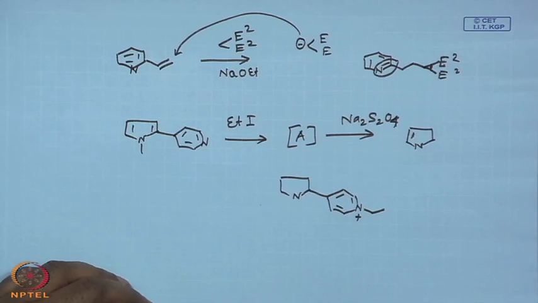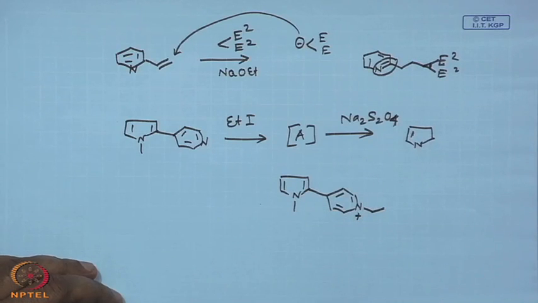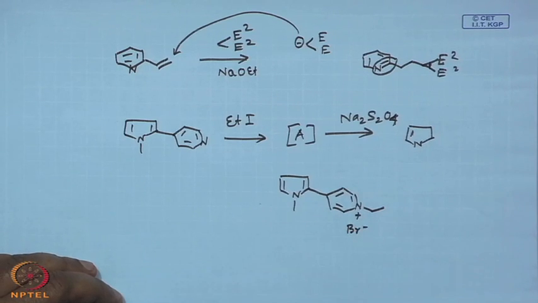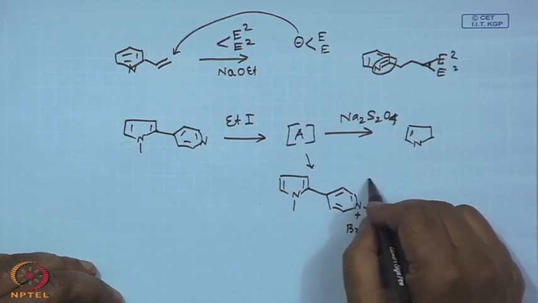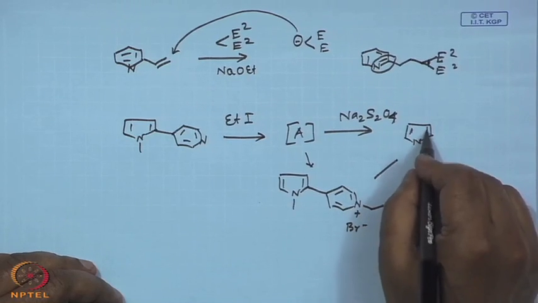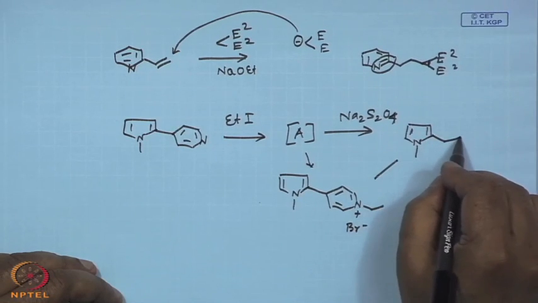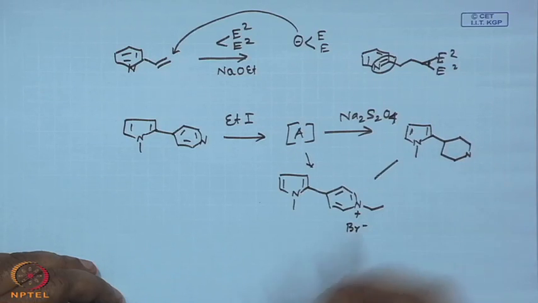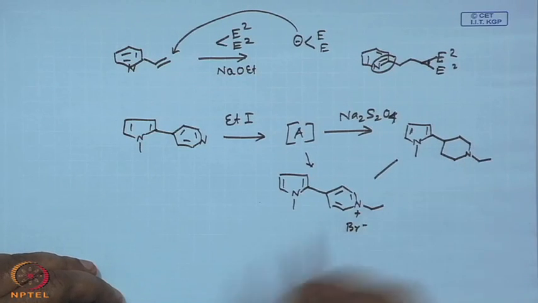Typically if you add pyridine to methyl iodide and leave it there for some time, slowly the N-methyl compound would be forming. Okay. And that means this nucleophilic substitution is taking place on nitrogen, not on the pyrrole ring. Here it is, this is A now. And what is the next thing? Of course, that means this part remains untouched, the other part is,